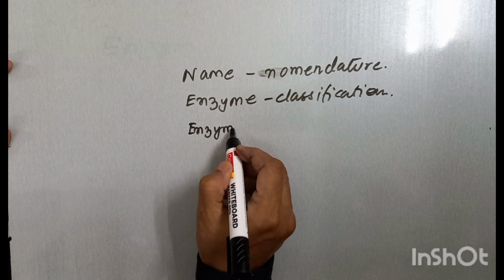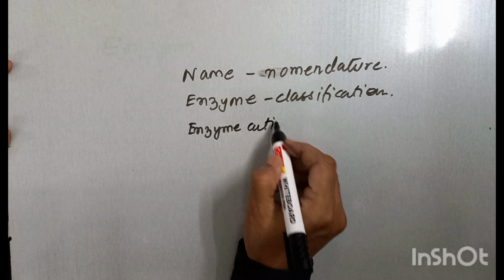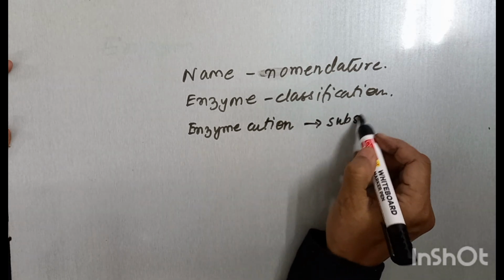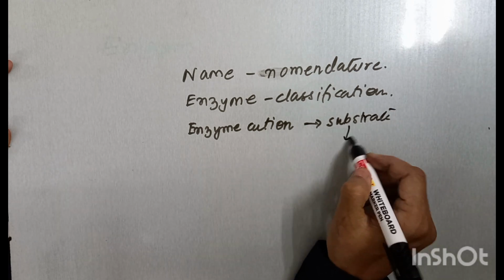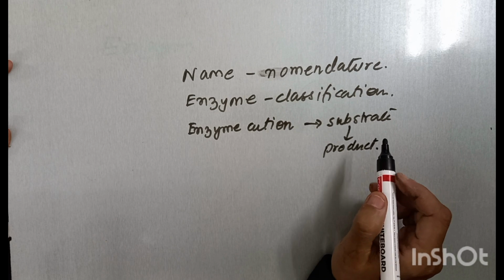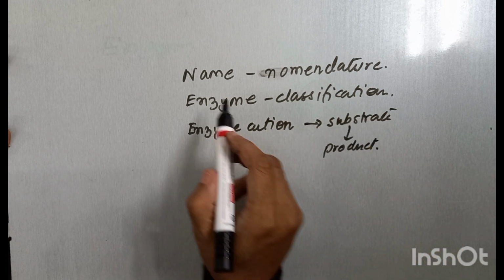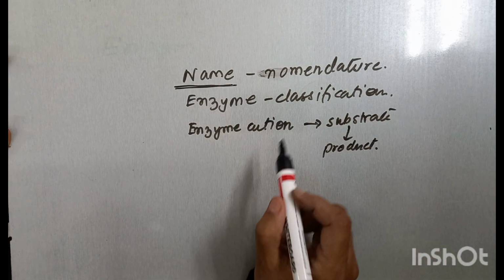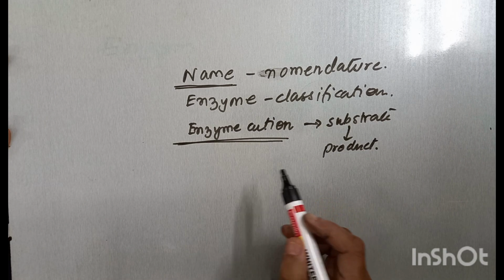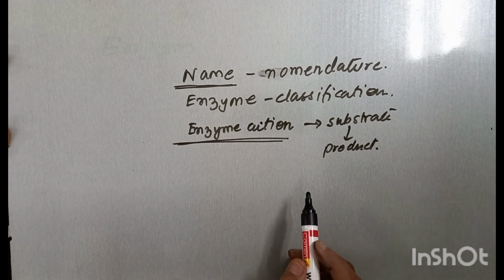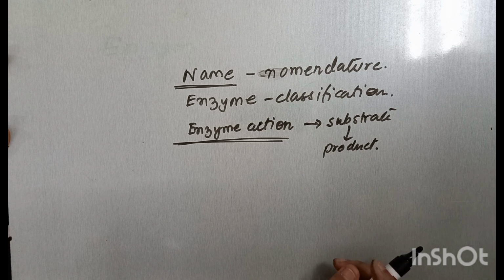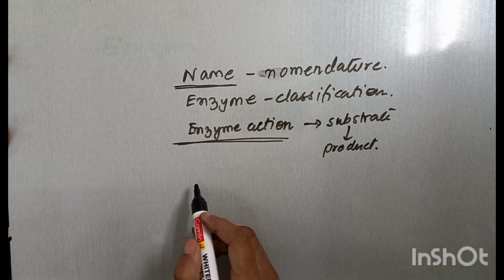enzyme actions. Enzyme actions means enzymes act on a substrate. We know that an enzyme acts on a substrate and changes the substrate to product. Therefore, it's fine up to this. But by telling the name of the enzyme, we can say how it acts on the substrate, what is this action. That is very important while we follow the name of an enzyme, because say for example,